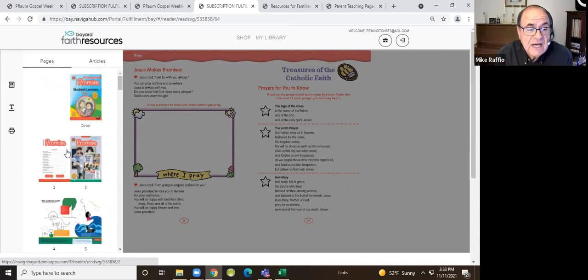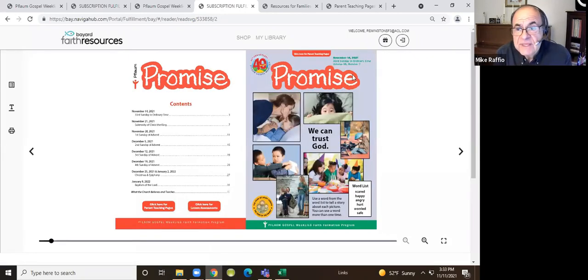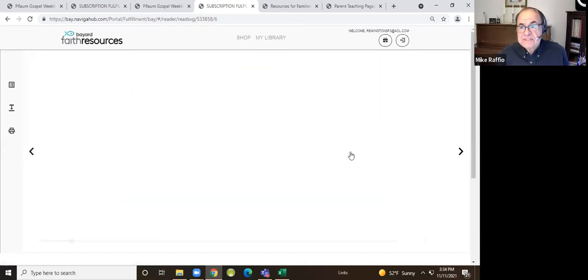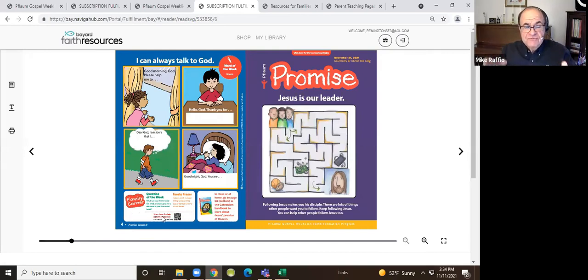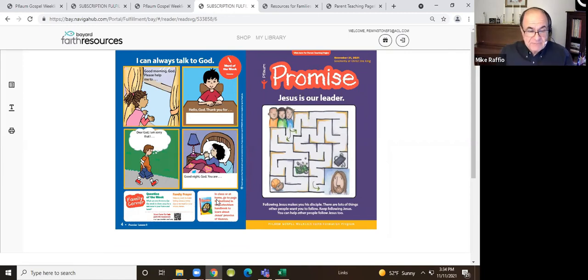So the first lesson that we were using was the 14th. And actually, this was the last thing on the last page. But you would scroll back and get yourself back to where you were. So the parent and the child are able to do the 4 pages in the case of promise. Obviously, in venture and visions, you're aware there's 8 pages, but you can use the 4 pages in promise, and then you also can use the page in the WCBT by clicking on that page number. It'll take you directly there, and you'll be able to use the page to complete the lesson.